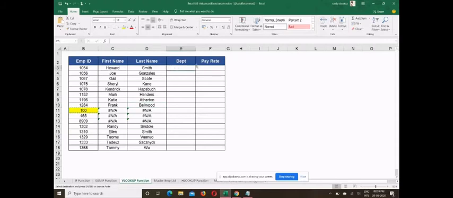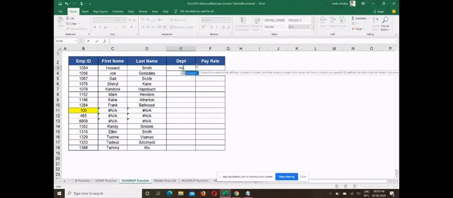Okay, let us try once again for the department. Is equal to VLOOKUP, open bracket. Let us try with the constant as last name, D3, comma, table array.